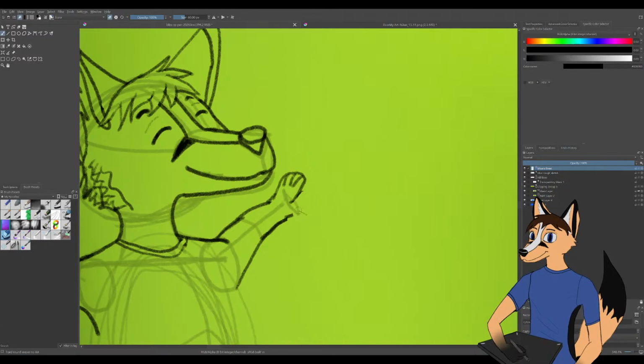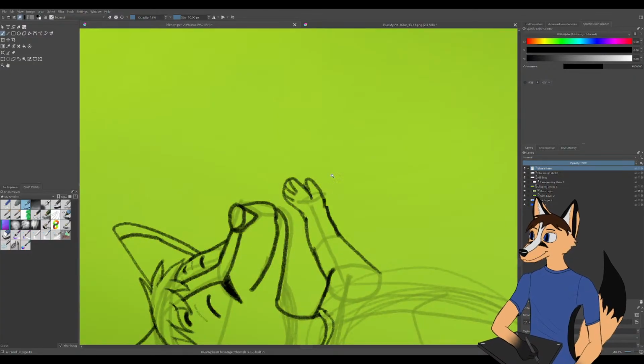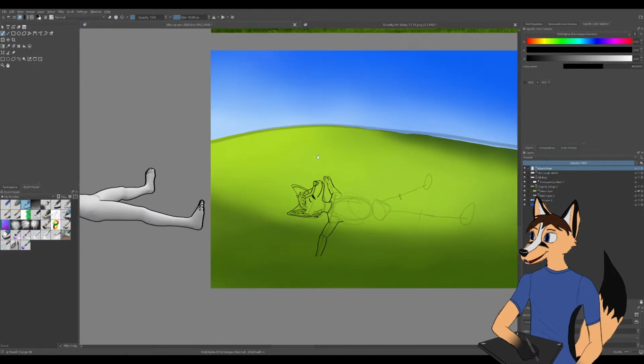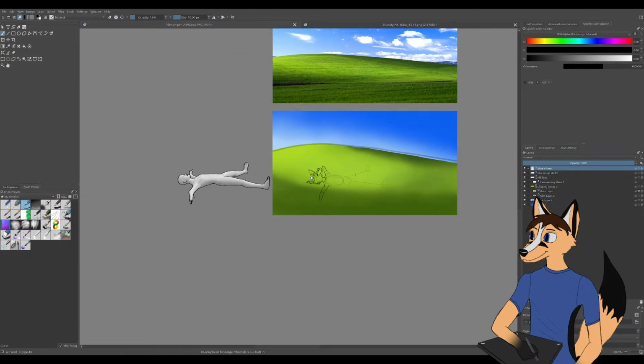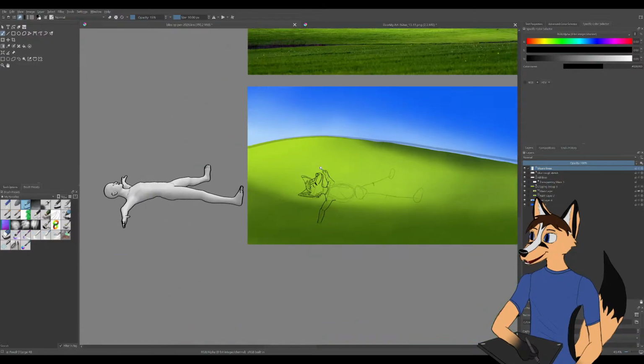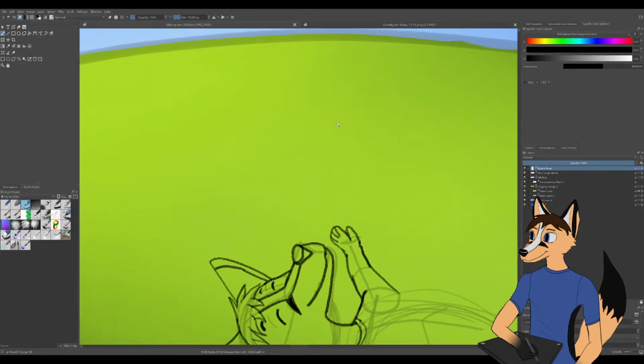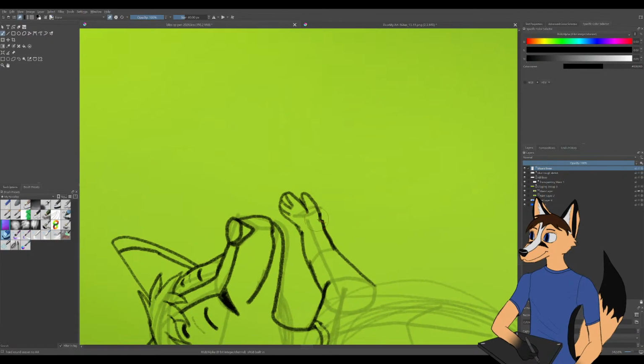But I think I've almost got it here. The way it attaches to the wrist isn't too convincing here, and I'm not really sure why. It could definitely go out more here though.